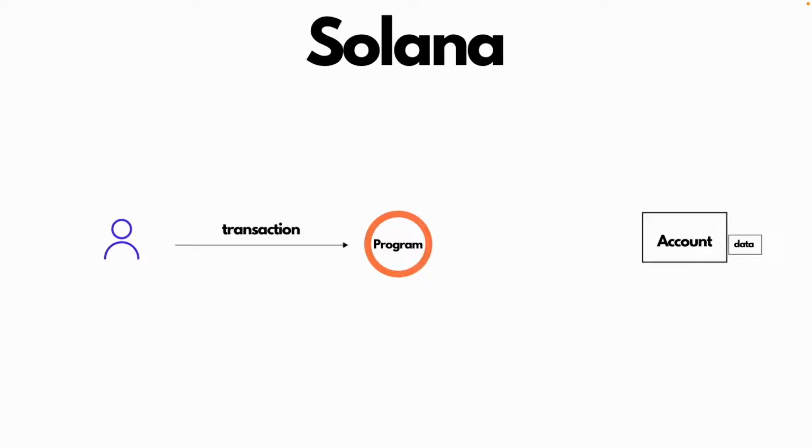So to sum it up, if you're interacting with a program that needs to persist state across transactions, there'll be an associated account to store your data on it, and any other user that's trying to interact with it will have their own associated data account with it. And these accounts are how you store data on the Solana blockchain.